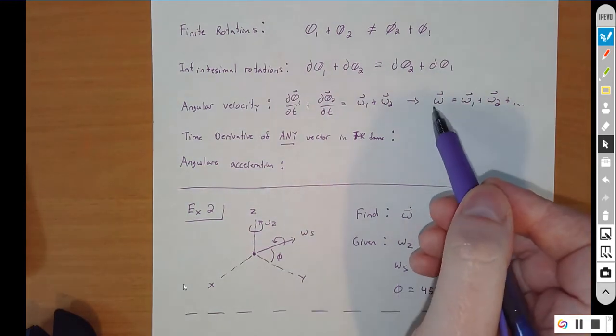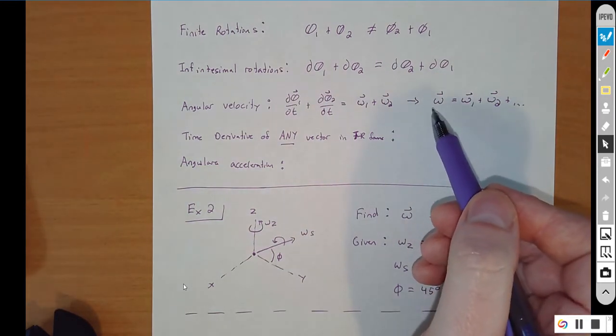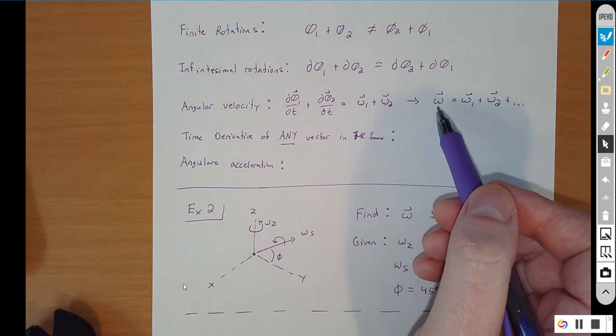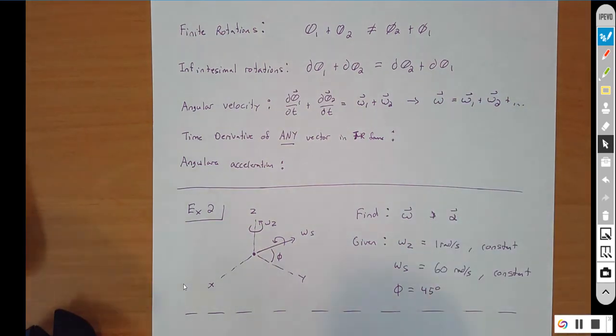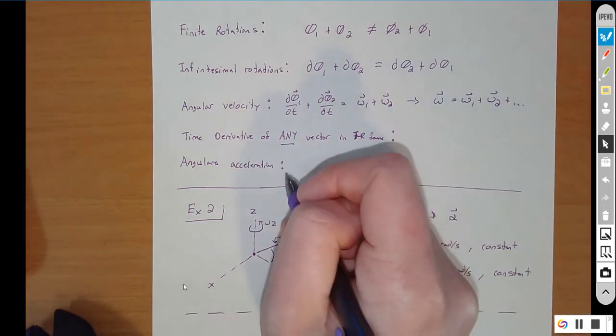Now, the direction of that is the instantaneous axis of rotation. And this is useful later on. We'll look at this in example 3, how we can apply this. Now, if I want to find the angular acceleration,